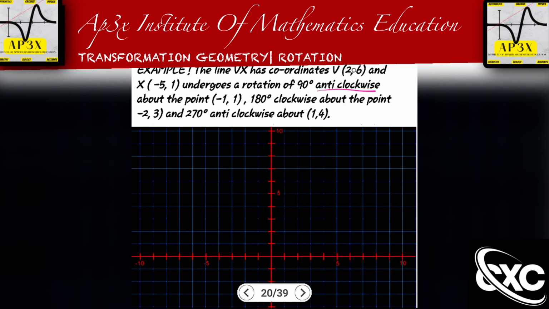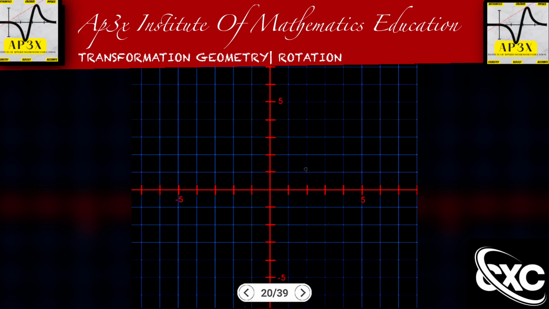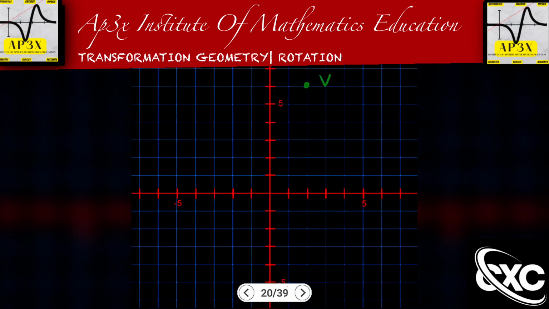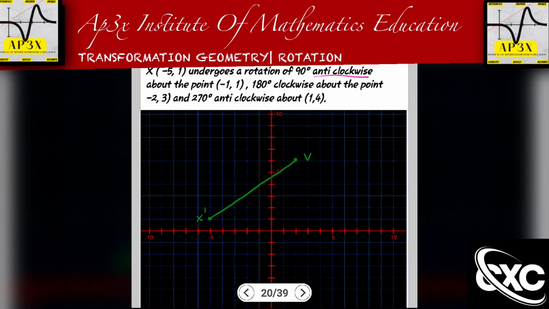Now we have the same point, say here v is again (2, 6), same point. So that's 1, 2, 1, 2, 3, 4, 5, 6. That's our point v. And then our point x is (-5, 1). So that's to the left 1, 2, 3, 4, 5, up 1. That's my point x. So we already have that point here. See right here, that's my line. All right, let me just draw that a little bit straighter. Good. And that's the line that I'm going to rotate just like I did before,